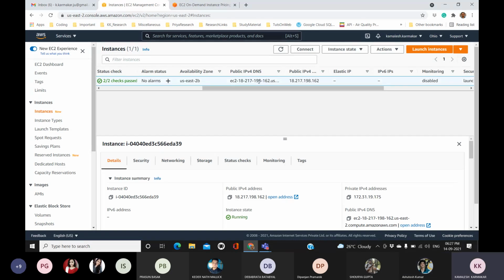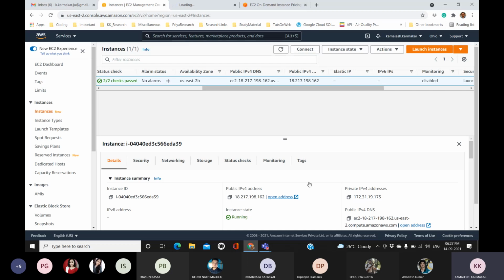Okay, public IPv4 DNS. Now if I open it, okay, so this is the public IP address. In this address, actually there is a segment, Amazon. The segment is